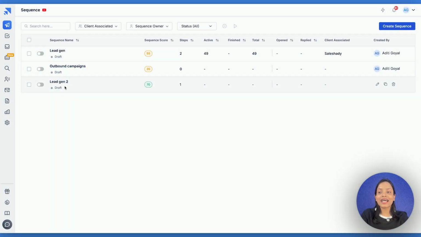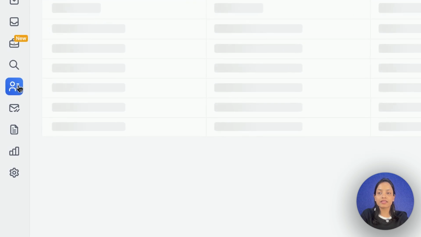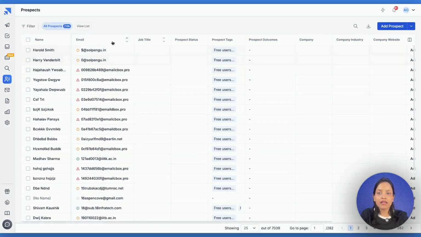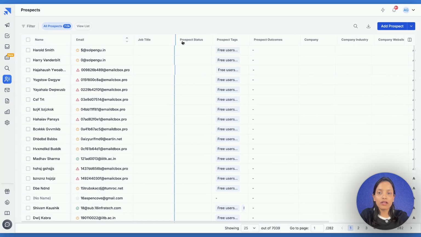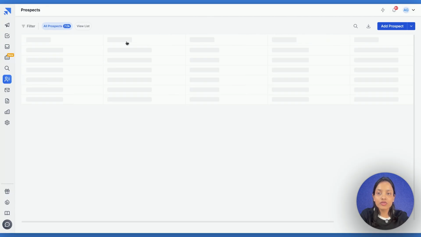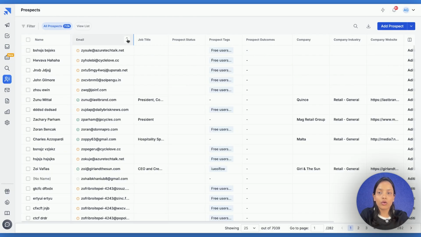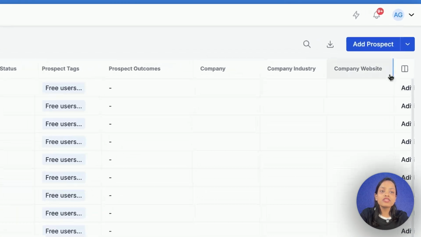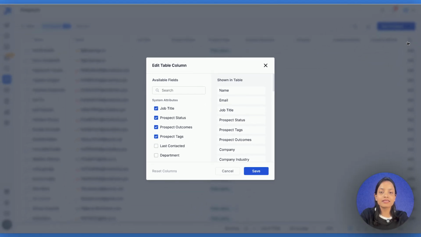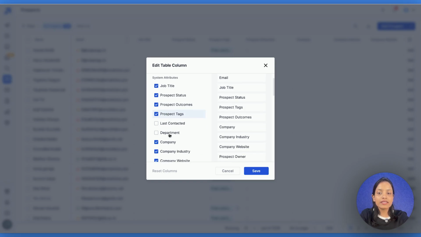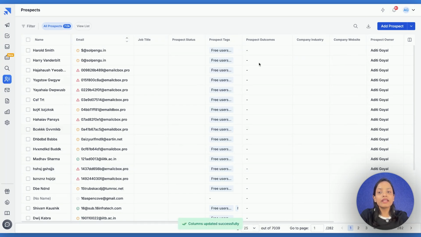So I'm inside Sales Handy's dashboard and I'll simply go to the Prospects tab from here. Here you can see Excel-like flexibility where you can expand the columns as per your requirement. You can choose to see the data in the order you like. You can also change the columns from here and customize them as per your requirement. You can change the order of the columns. You can select the columns that you want and remove the columns that you don't want, and then just hit the save key. With this, you can completely customize this table as per your requirement.